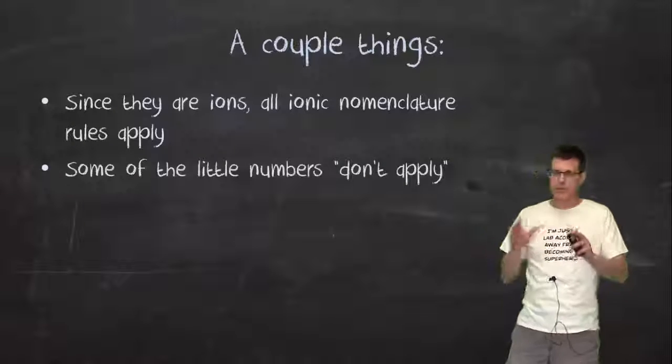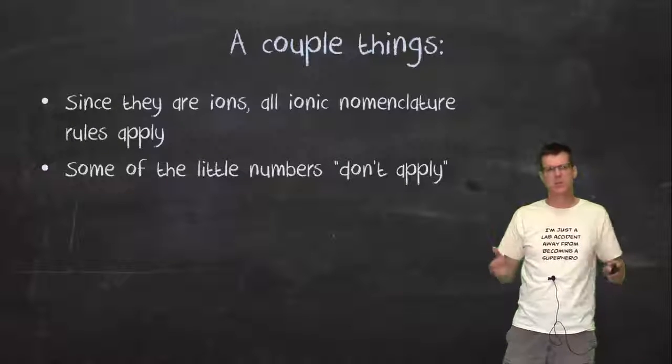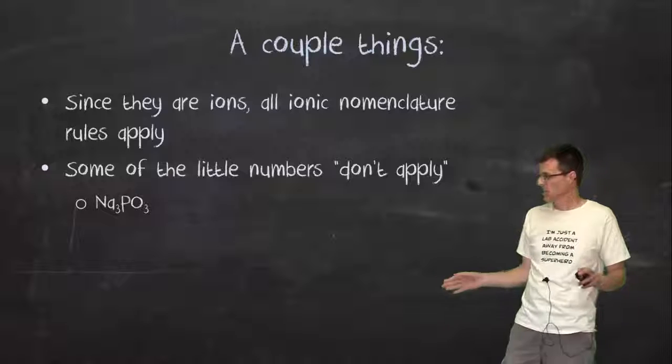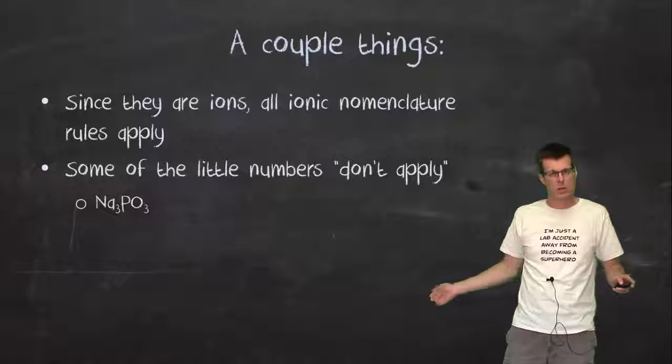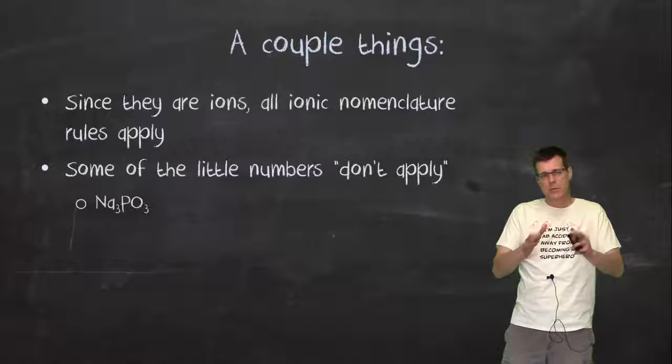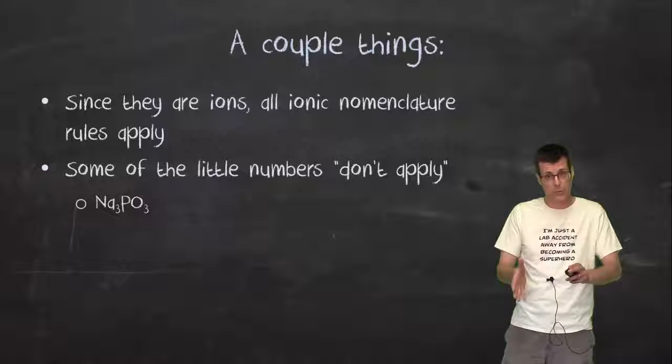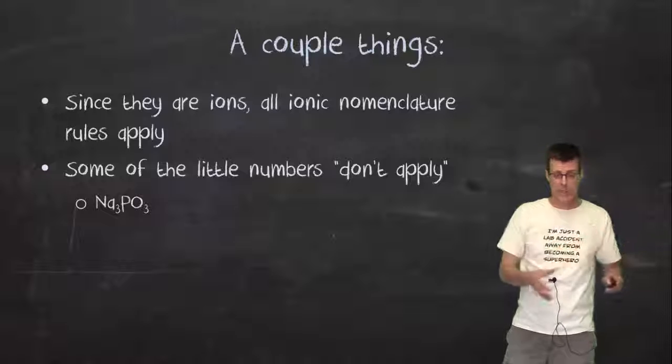And I've got this line here, and at first glance, the idea that some little numbers don't apply may seem kind of weird. But if I give you an example, and I should have used a different one because I've got 3 showing up twice, if you look at the Na3, obviously, I think, it means that we've got 3 atoms of sodium, Na. But if you look at the